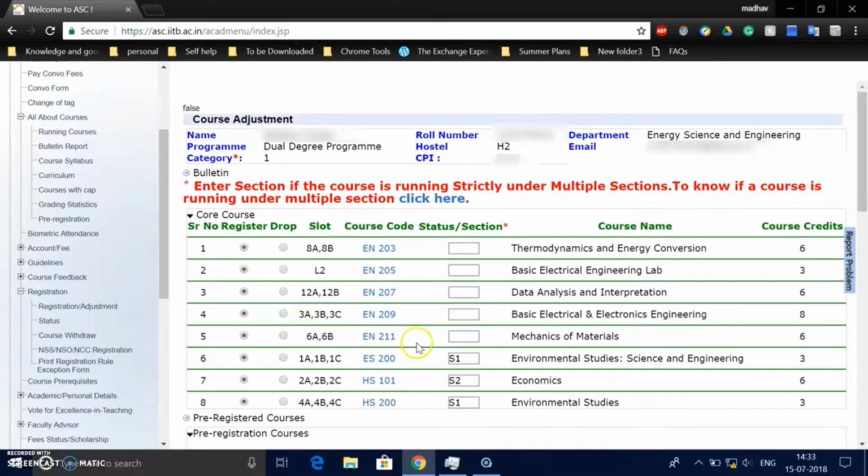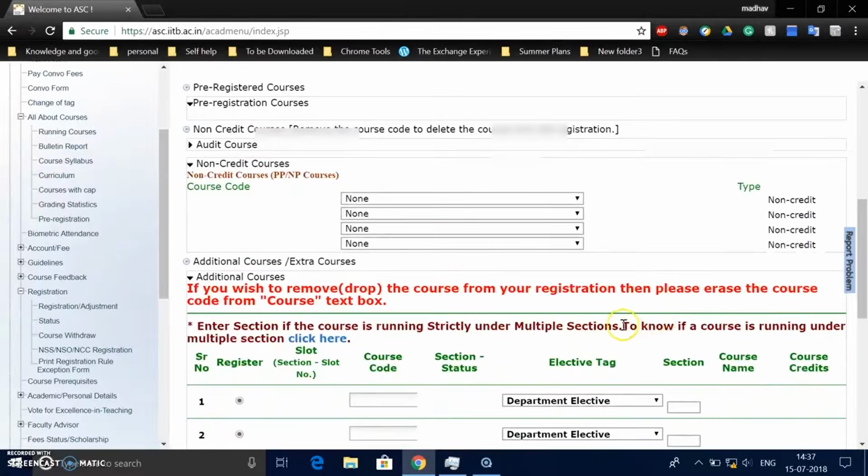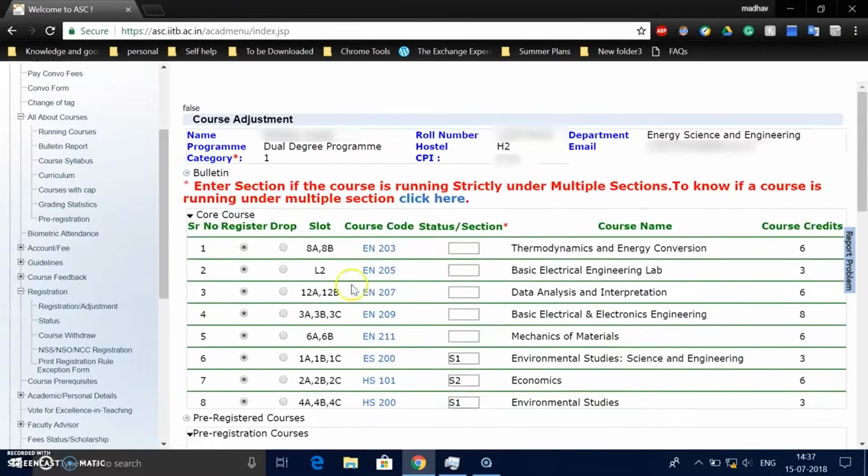All right. So the kind of errors you might encounter registering for the core courses. First is that timetable entry is not done, which you might see on the next page. We'll see that later. In that case the slot of a particular course will not be displayed. For that you'll have to contact the professor because he or she hasn't uploaded the slot where it needs to be uploaded.